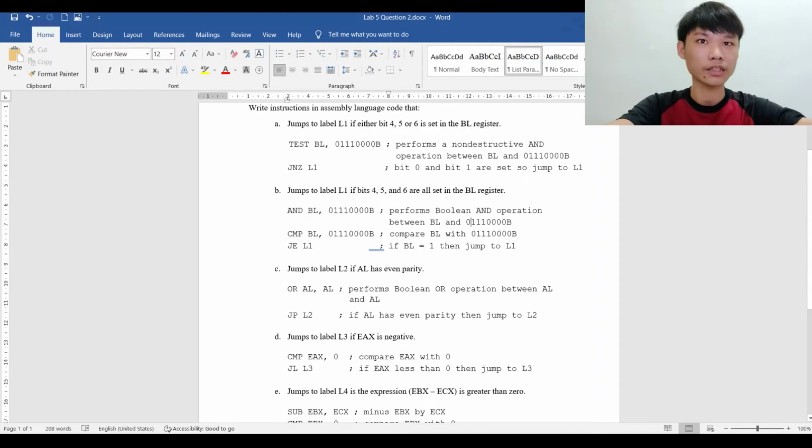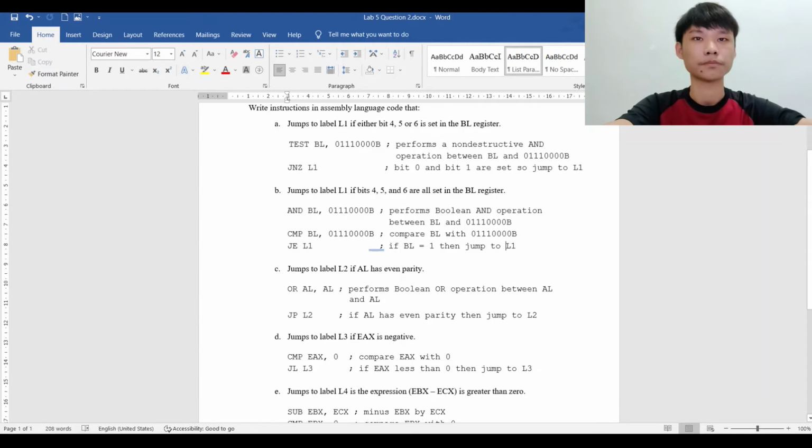And then the next line is CMP BL, 01110000B, which will compare BL with this value. And then the next line is JE L1, which means if BL is equal to it,